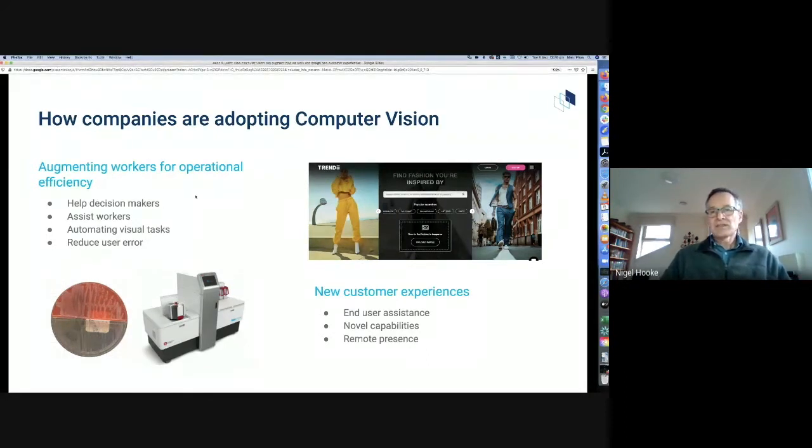The other way that we see computer vision being applied by businesses is in giving customers new experiences. Have you ever seen someone wearing some clothing or a fashion accessory and wondered where you could get one like it? In the retail space, there's a new startup called Trendy that lets consumers find where they can buy an item of clothing based on an image of it. So with the Trendy app, all you need to do is upload an image of what you're interested in, and it will find a matching or similar item in a retailer's catalog, letting you purchase it immediately. So this is a whole new customer experience that's powered by computer vision. Next slide, please.